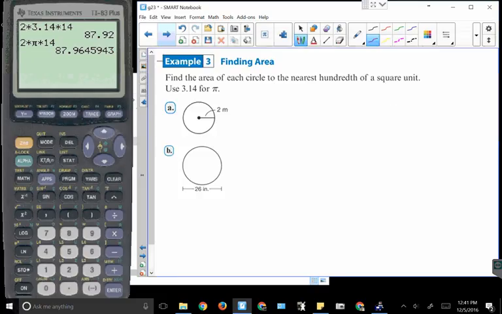So, I want to find the area of these things. Well, that's easy enough. Area is equal to pi r squared, correct? So for the first one, area is going to be equal to pi. Oh, hold a sec, they want us to use 3.14, right? So I better put down that area is equal to 3.14